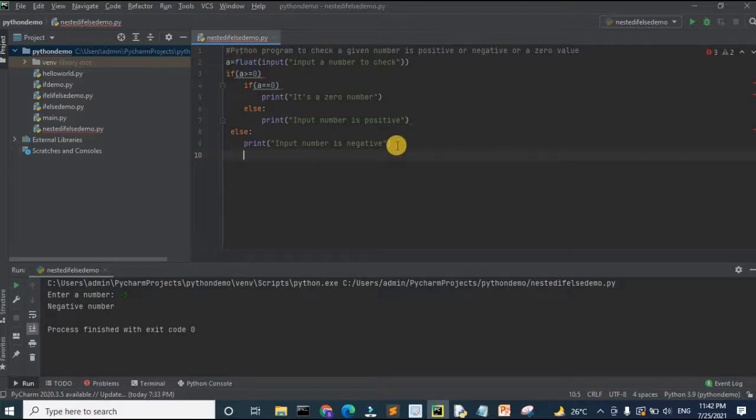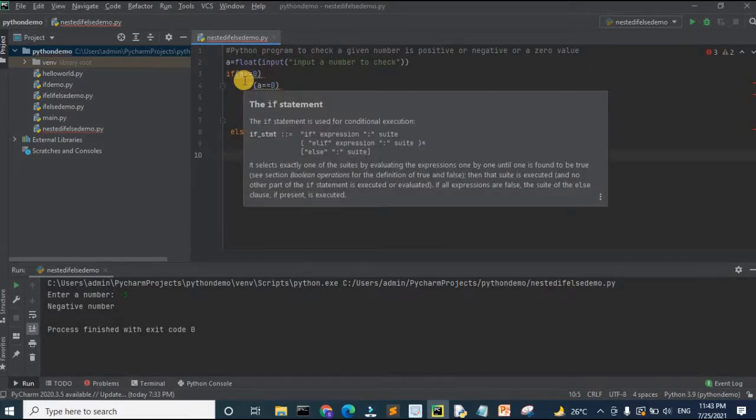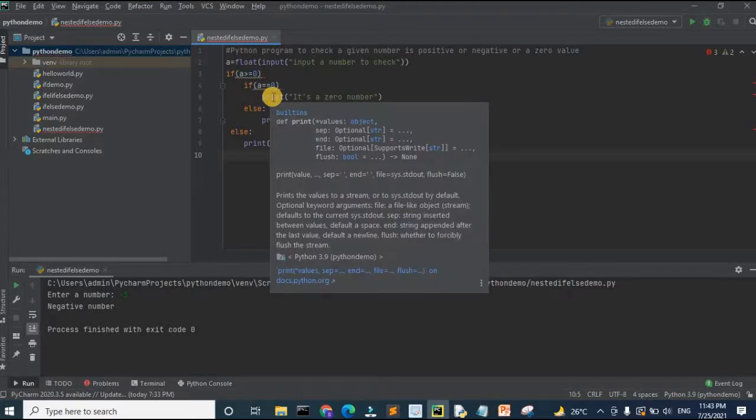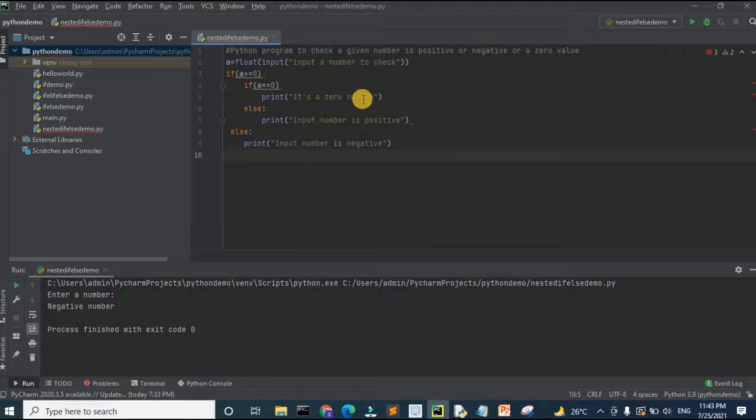Now let me explain how this program will work. Here in this program, I have declared a variable and I have initialized a floating point user input with the help of the input method. The program starts with evaluating the test expression 1 as a greater than or equal to 0. If it is evaluated to true, then it evaluates the test expression 2, which is a is equal to 0. If the test expression 2 is evaluated to true, then it prints the message as it's a 0 number.